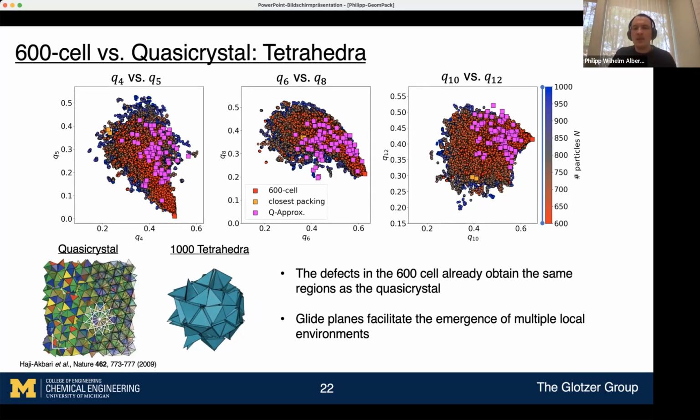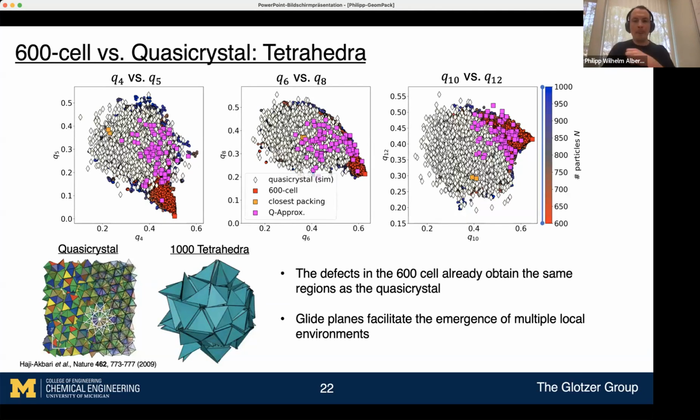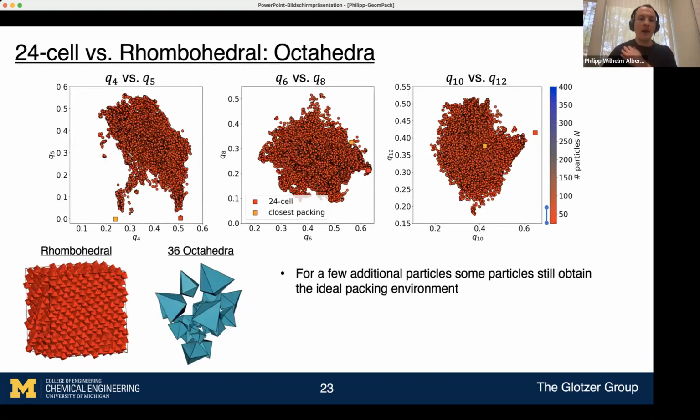But now the question is, is this true for all the particles? We have to look at what they form in curved space in terms of a tessellation, and then we can say, okay, the structure we see in Euclidean space is just a remnant of that. To answer this, I looked at the last particle, and that's the octahedron. They form the 24 cell, but if you add a couple more excess particles,